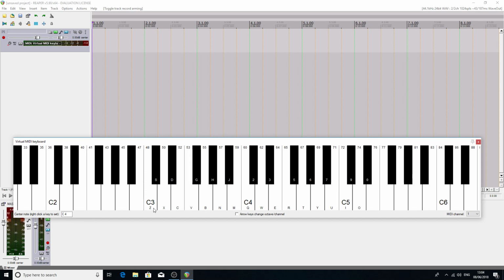And in between, if you ignore those letters on there, which are simply your QWERTY keyboard letters, so you can play it from your computer keyboard as well, the way music works is it goes C, D, E, F, G, A, B, and then C, D, E, F, G, A, B. So you can play in the key of C, let's say,